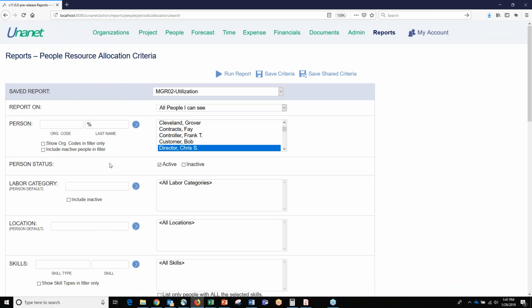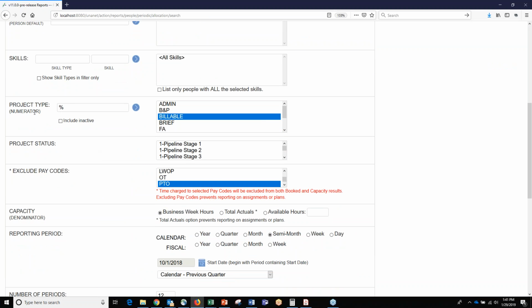we can say what people we want to look at, but we can also say, effectively, there's a numerator and a denominator. So in the numerator of the calculation, there's billable time, or bid and proposal time, or R&D time. You can define different project types, and you can put these different project types into the numerator. So different organizations have different categorizations for utilization. So you can say what time that's entered on the timesheet actually counts for the utilization calculation.